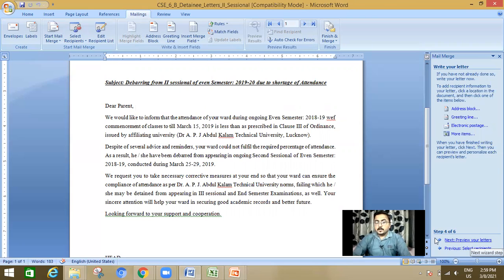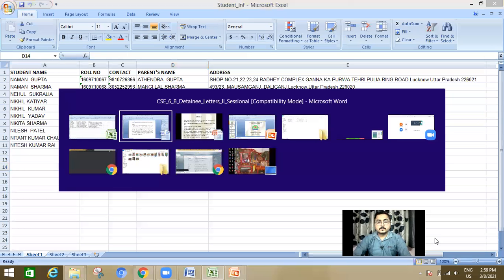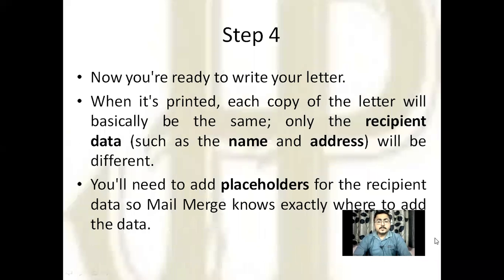Here step 4 will appear. So what is to be done in step 4? In step 4, you are ready to write your letter. When it's printed, each copy of the letter will basically be the same. Only the recipient data, such as name and address, will be different.